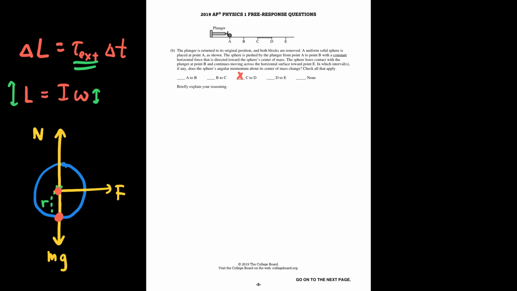However, because the surface is frictionless and it already was rotating, I think that the sphere will continue to rotate even through segments D and E, and I don't think that rotation will slow down at all, because I don't think there's anything present in segment DE that will allow for the energy that was in the rotation of the sphere to go away. So for that reason, my explanation here would be some indication that the frictional force on the sphere